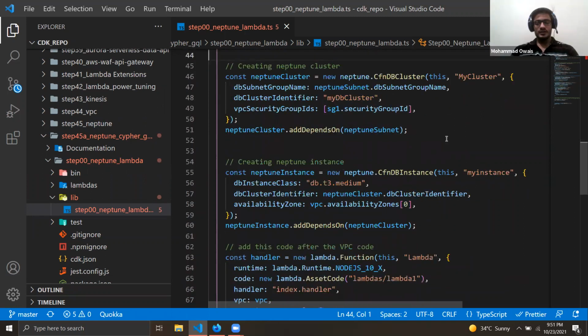After you create the cluster, you have to give the Neptune instance. What the Neptune instance is doing is defining what type of configuration you want to run on the cloud, like what memory, what processor, what machine you want, on which your cluster will run. So here we are defining our cluster, and in the cluster we are defining the DB instance class, which is dbt3 medium, because it will charge you